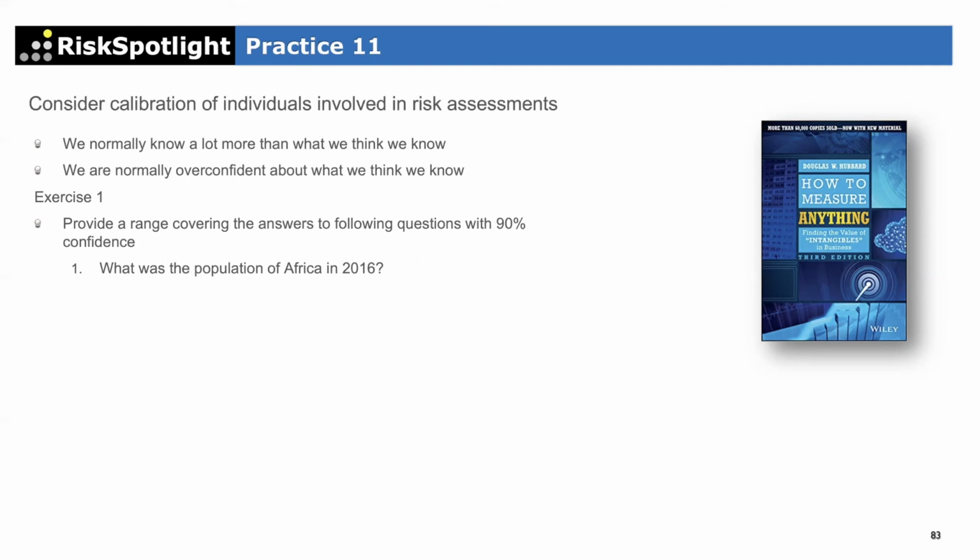So whoever is doing the risk assessment, we need to make sure those people are calibrated. I'm not talking about changing anything in their minds. It's a simple exercise, but we need to make them aware of what their biases are. In this book, we don't have time to go through that detailed exercise, but the book talks about a lot of examples. If you follow through that, and do those exercises before you go into a risk assessment workshop, you will see that the quality of your risk assessment will significantly improve.